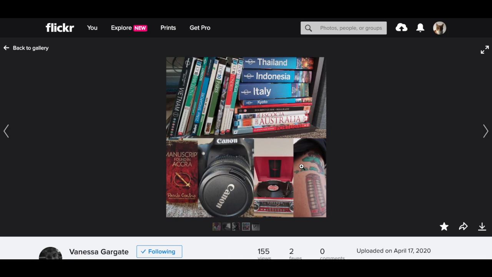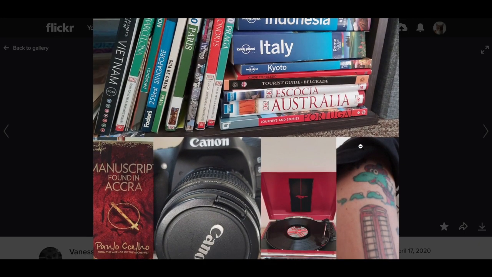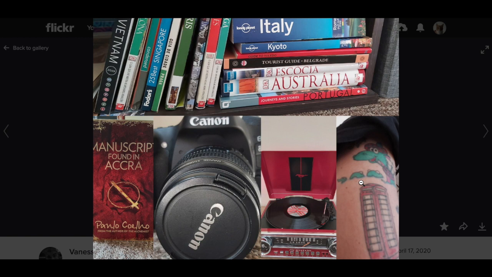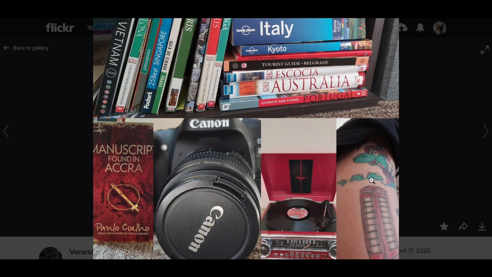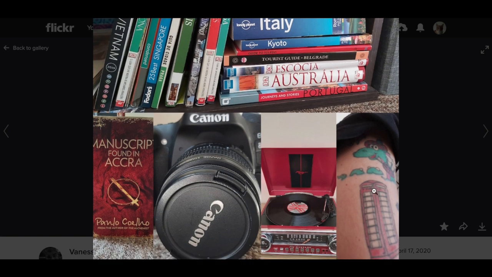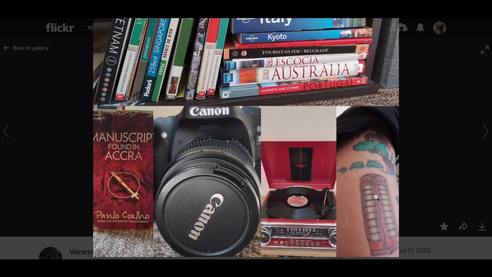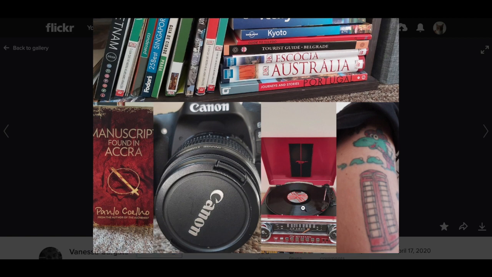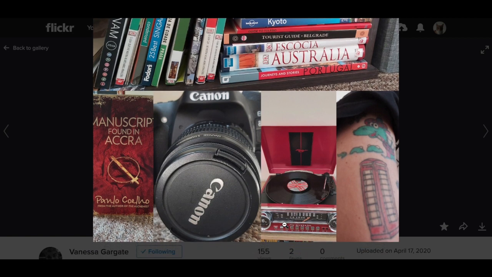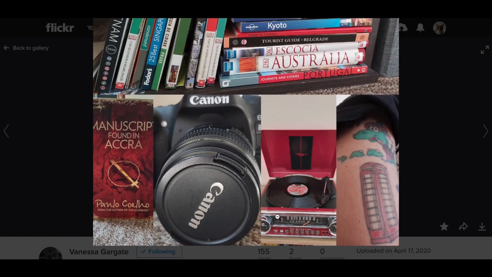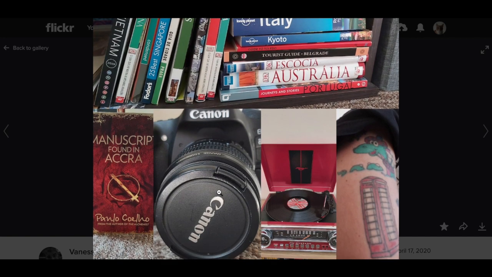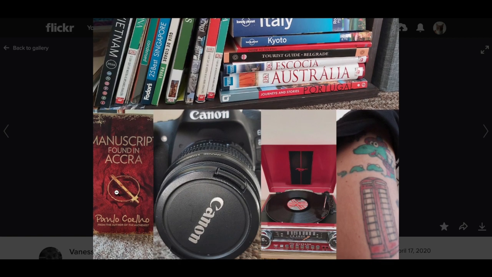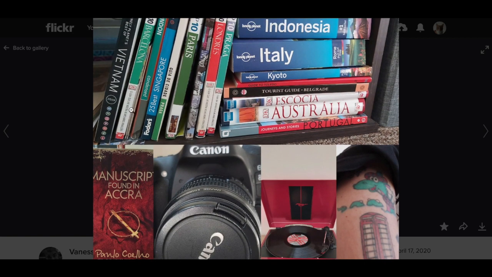So that's really nice. So we've got tattoos, which are important to Vanessa. I like this. I'm not sure what that is. That's kind of Scottish. Don't know. It does look familiar, and the red phone box. That's really nice. Music. Look at that beautiful old record player. Made out as a Ford Mustang radio dash there. That's really nice. Obviously, we know a keen photographer. Paulo Coelho book there.